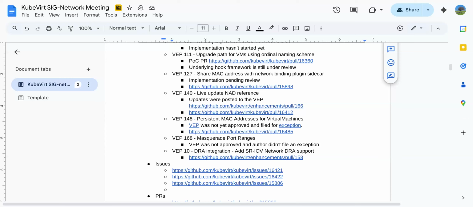The problem is that we still need to support old VMs that were started in much older versions, and they still have the ordinal naming scheme.